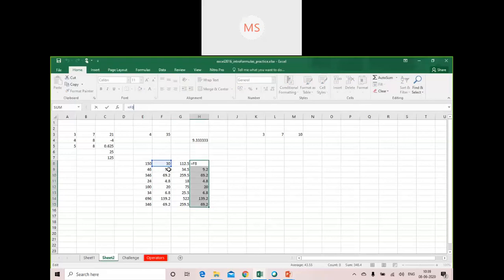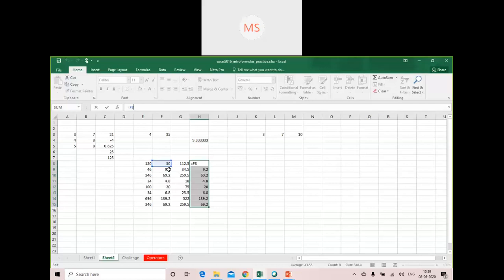So this is how also you can make the reference. It's also an example of cell referencing. It means you are referencing your cell value of F8 to H8. So the same value will be copied here. This is also one of the ways of cell referencing. You can reference your cells here.